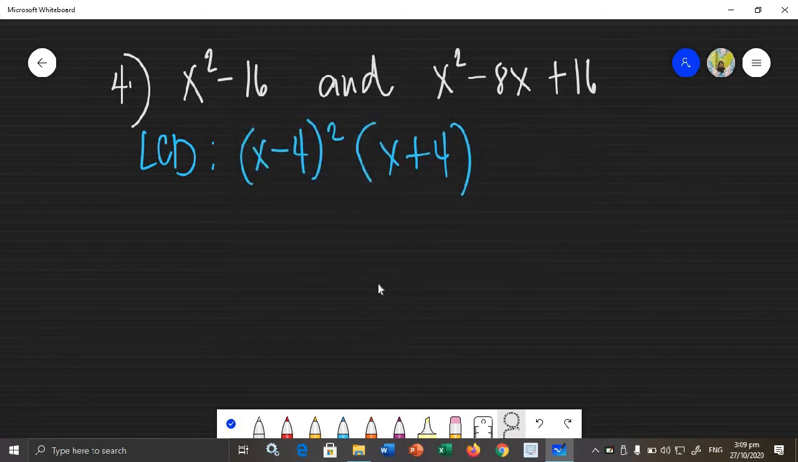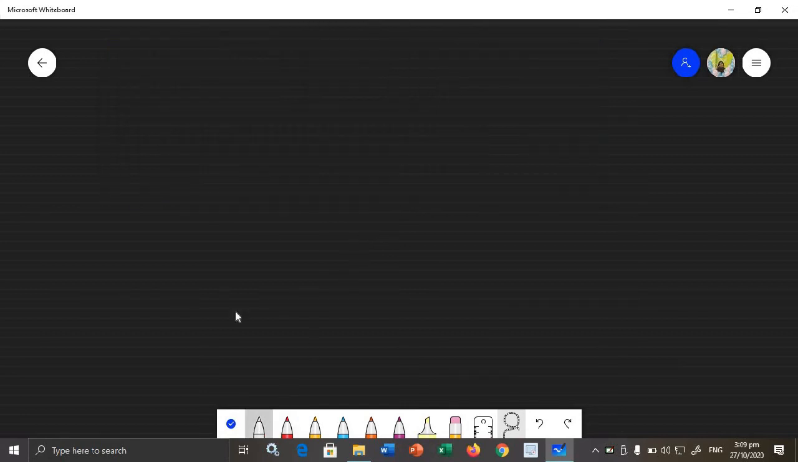So, that is the LCD. Quantity x minus 4 squared and then quantity x plus 4. Okay? That is the LCD of example number 4. How about, let's solve another example. Let's say we have example number 5, and